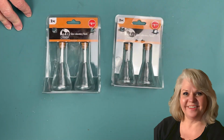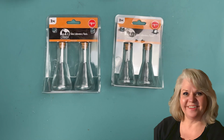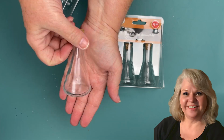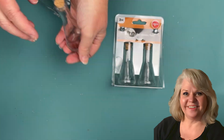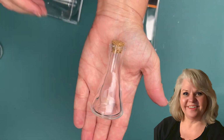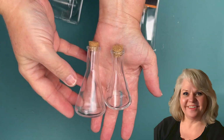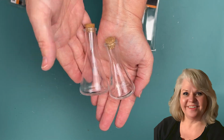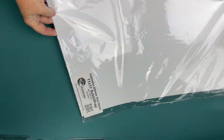Today we're going to be using these glass laboratory flasks from Dollar Tree to make an apothecary tier tray. And I'm just going to get them opened up so you can see how beautiful they are. They have two sizes. I was able to get two of the larger ones and the rest were small, but you can see the size difference here, and they both have corks in them. They're so pretty. And what we're going to be doing is making some waterproof